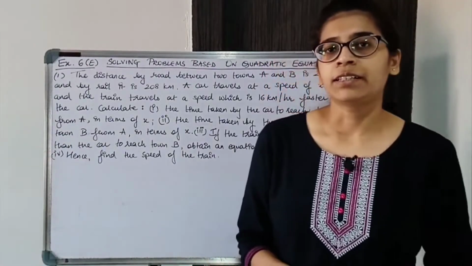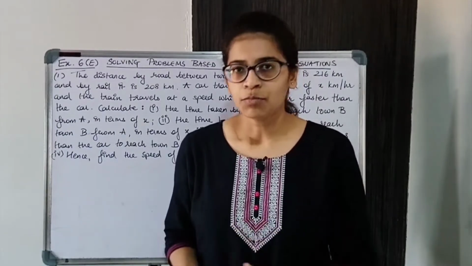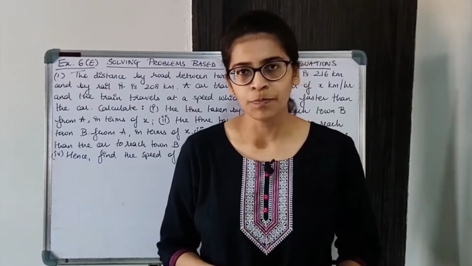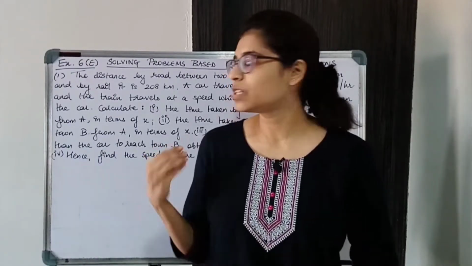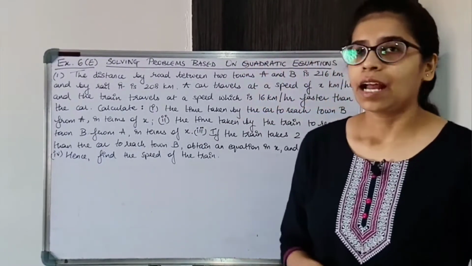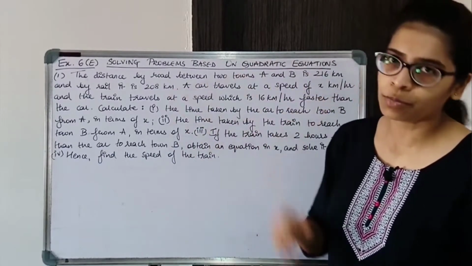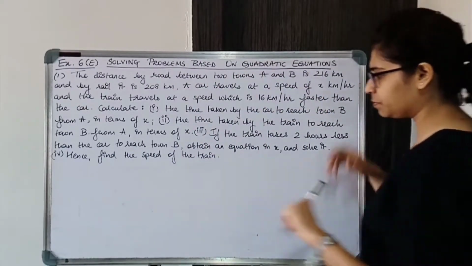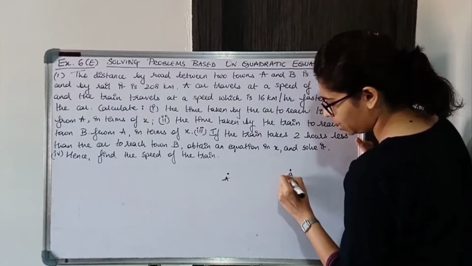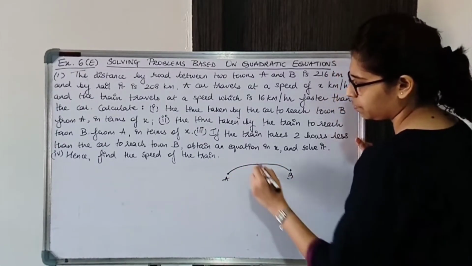Now the question is lengthy but it's very easy. Over here we are given a speed, distance, time problem, and we have solved problems based on speed, distance and time before. So this sum is very much similar to those sums. Now there are two towns A and B, and there is a road going from A to B. There is also a rail going from A to B. So there is a town A, there is a town B, and we have to go from A to B.